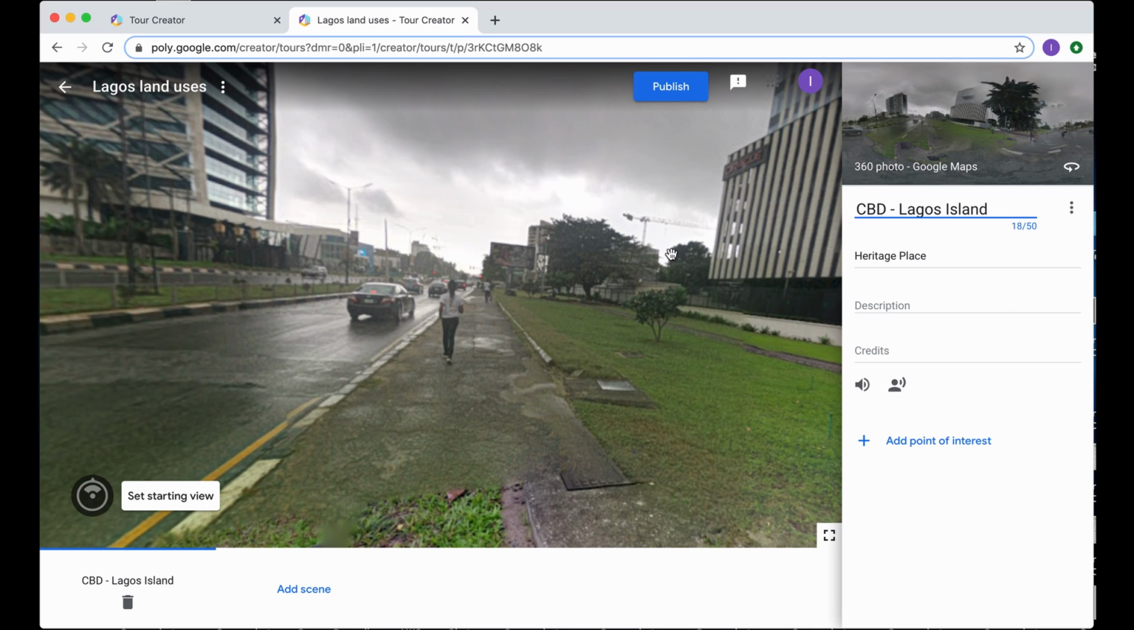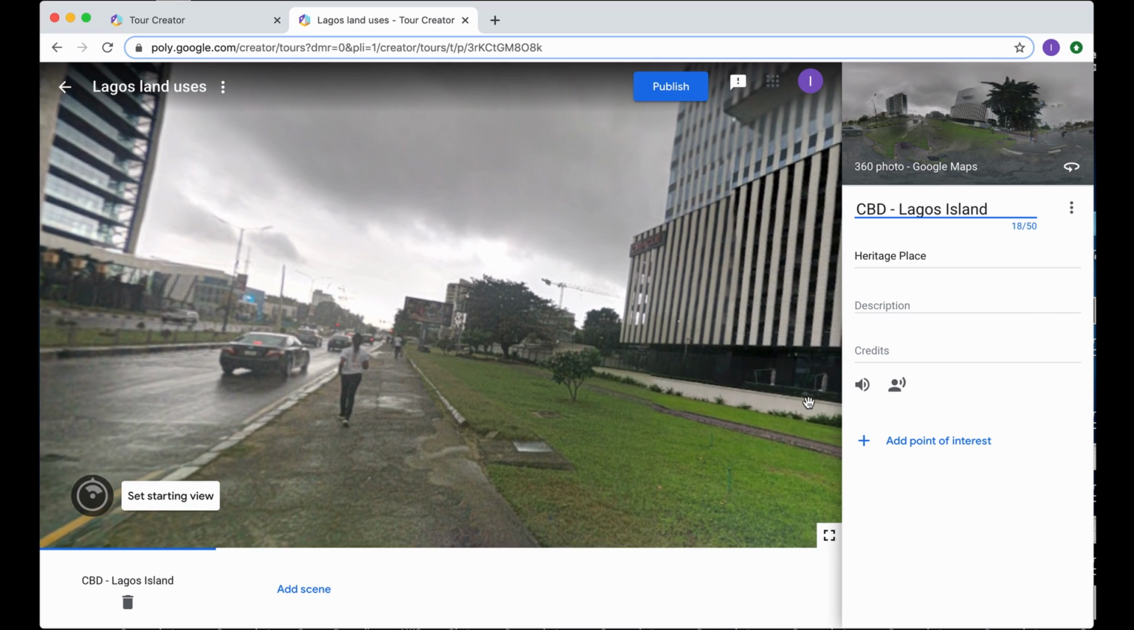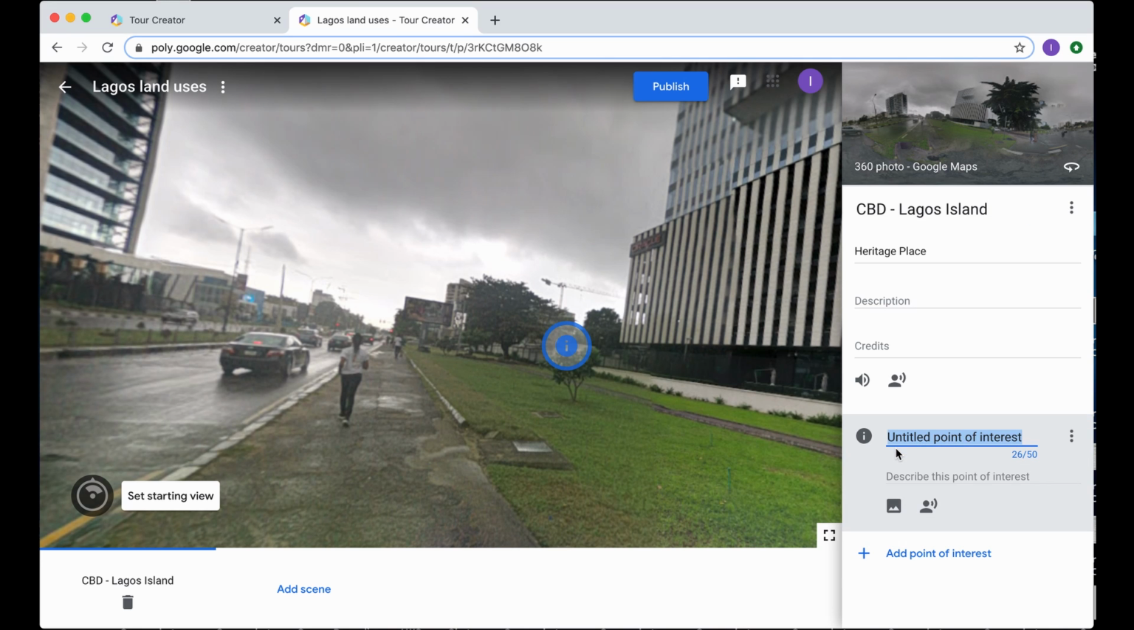Okay, now the great thing about Tour Creator is I can add points of interest. If I click Add Point of Interest, I get this little eye that pops up. And I'm going to then describe this point of interest. I could do it as a voice recording, or I can just type it. But if you've got perhaps some SEN students, doing it as a voice recording is a good way to engage them. So I'm going to say here, high-rise